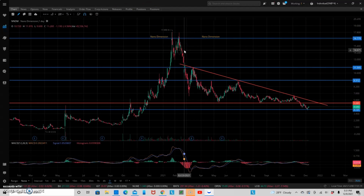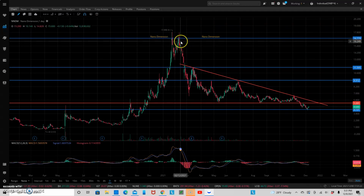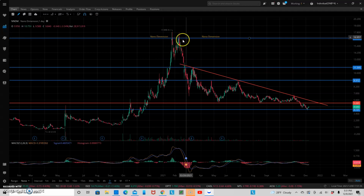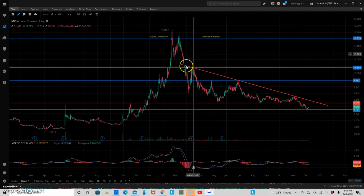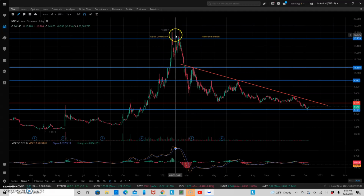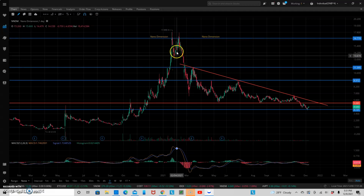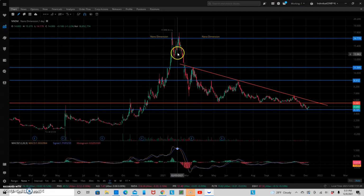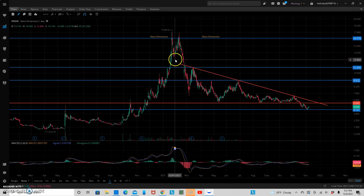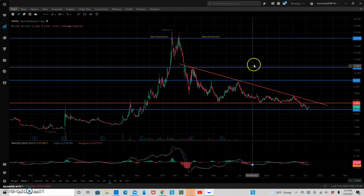That's where we saw the correction start in the NASDAQ around the middle of February here. And a lot of these growth stocks, these high multiple stocks like this one, the big winners from 2020, a lot of these SPACs, a lot of stocks like this, they got crushed earlier this year around February, March, April, and throughout May. You saw a lot of their charts look similar to this one, where you see a big fall and they just slowly started to drain their stock price throughout the year, and they have yet to recover